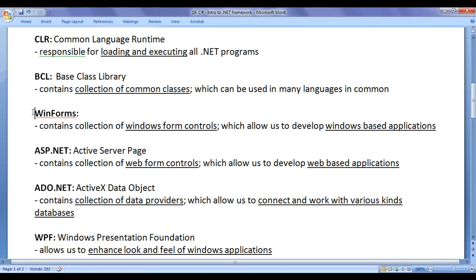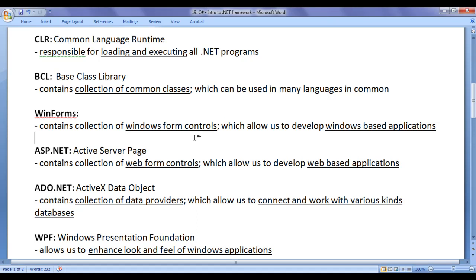Next, we have the Windows Forms component. It contains a collection of Windows Forms controls which allow us to develop Windows based applications. For example, it contains label control, text box control, image control, button control, panel control, and panel group control.